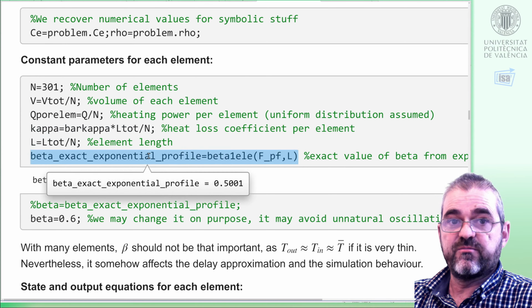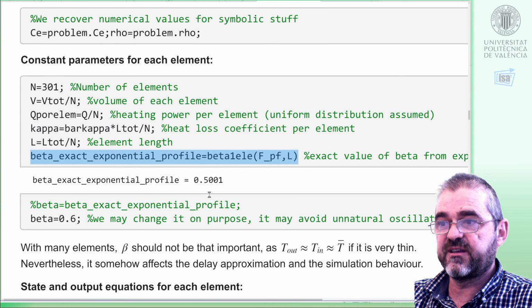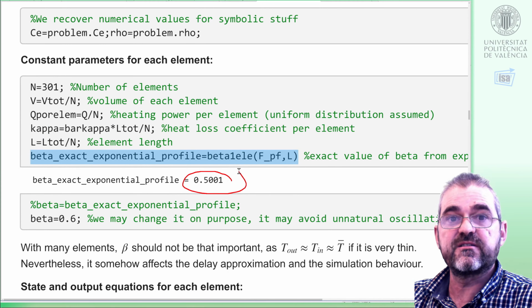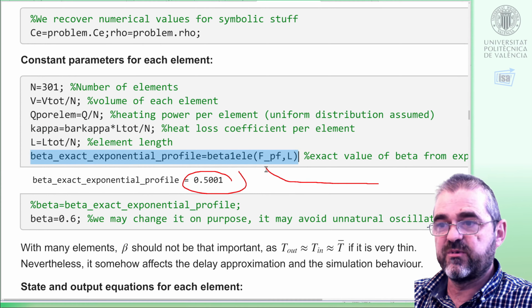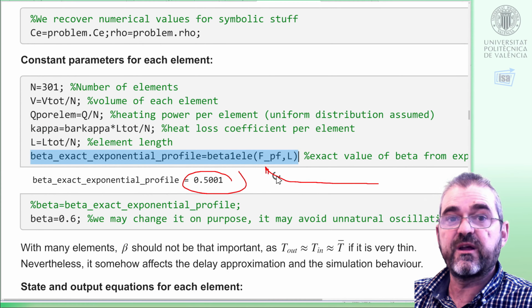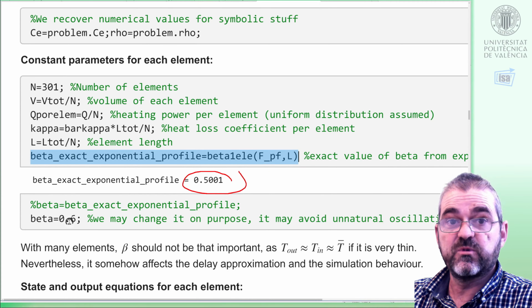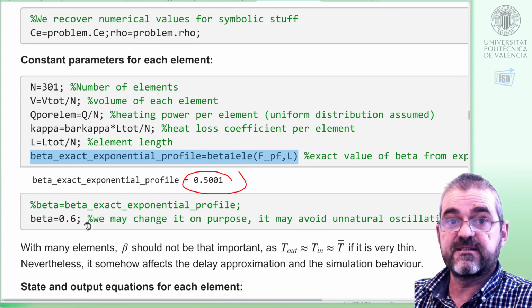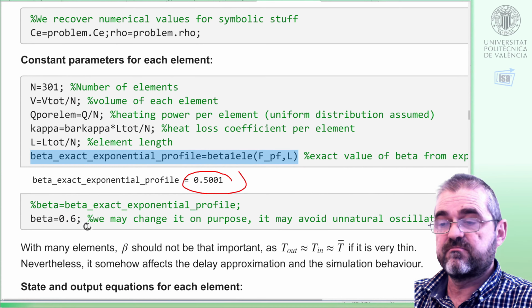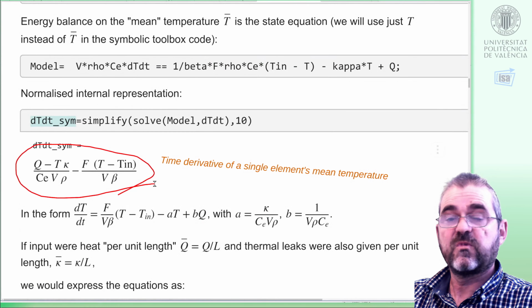And if we compute the beta coefficient for 300 elements, it's a very short element, and beta is basically 0.5. It's a linear temperature profile. The overall profile is exponential, but in a very small section, the linear approximation is a very good one. Nevertheless, we can change that beta to whatever value we wish, and we'll see how it influences simulations in the next video. So this was the symbolic equation we derived here,